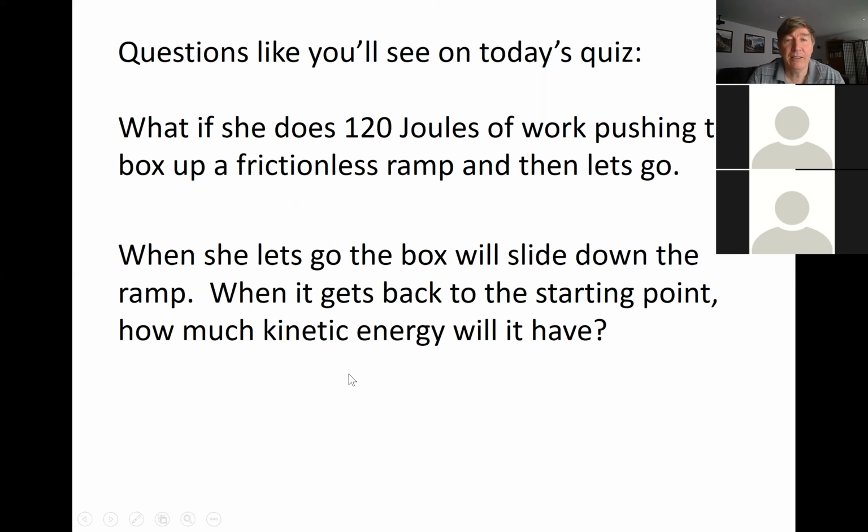So when she lets go of it, for a brief instant, it has 120 joules worth of potential energy. When it slides down the ramp, when it gets to the bottom of the ramp, how much kinetic energy is it going to have? 120 joules. So I hope you guys agree that when you take today's questions,